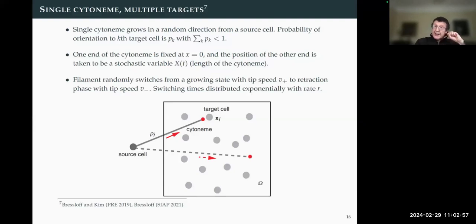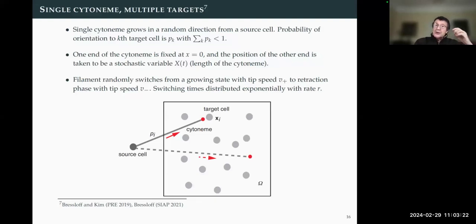And exactly the same thing happens in cell mitosis. Microtubules don't know where the kinetochores are. And so experimentally, it's actually observed that they do a search and capture process in which they grow in a certain direction. And then if they haven't found anything after a while, a catastrophe occurs and they shrink back to the spindle, the mitotic spindle. Same idea here.